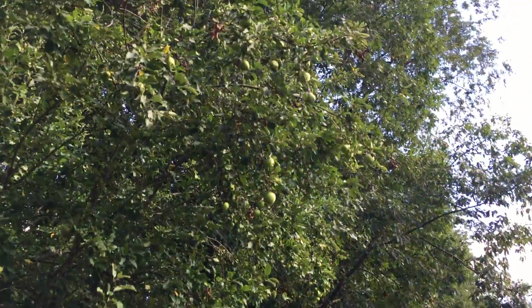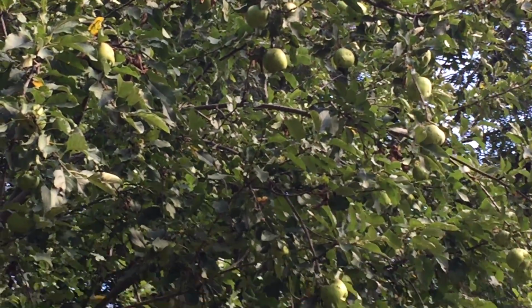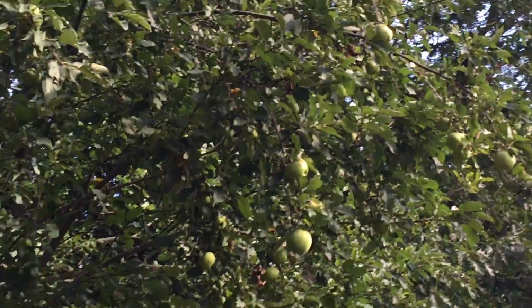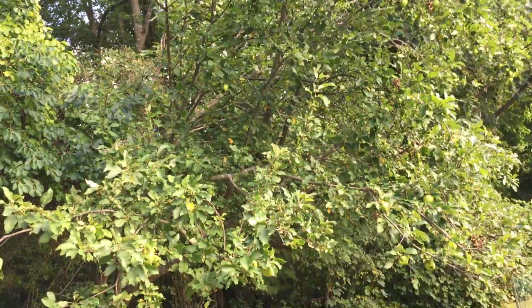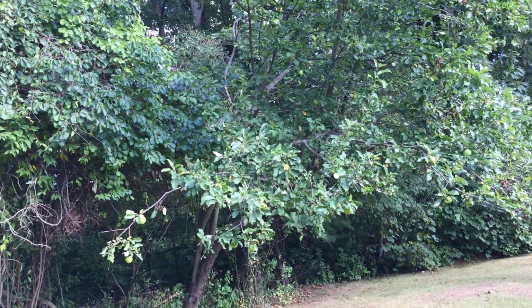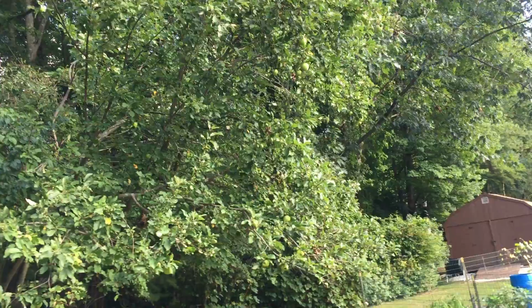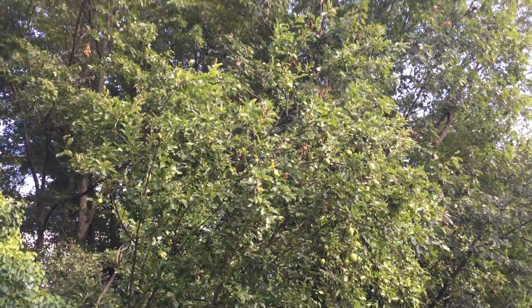The apple tree, on the other hand, is doing swell this year. I don't know if you can see it. I can zoom a little bit. But those apples are pretty good size. They're Granny Smiths. This was a 3-in-1 apple tree. And I remember I bought it from the nursery, and they said the poor thing, one of the grafts didn't take, so it was a 2-in-1. And nowadays I find it's a 1-in-1. It's almost all Granny Smiths. But there's a ton of them, and they're great apples for making apple pies, apple crisp, all the things that I'm not eating anymore, because